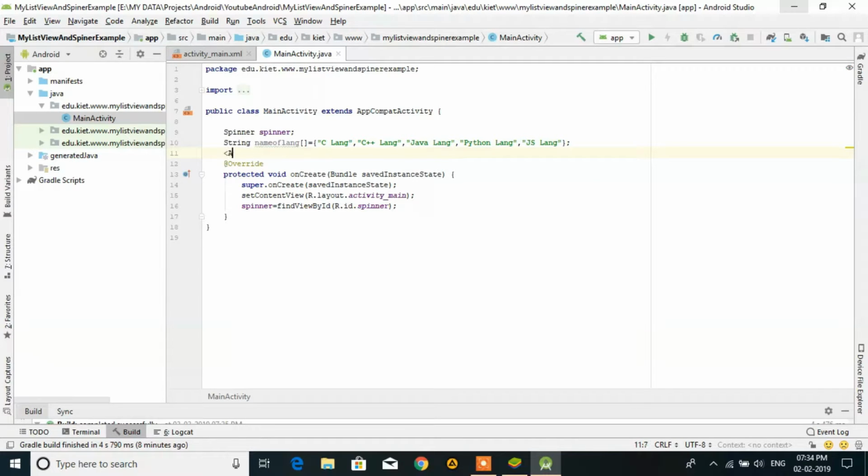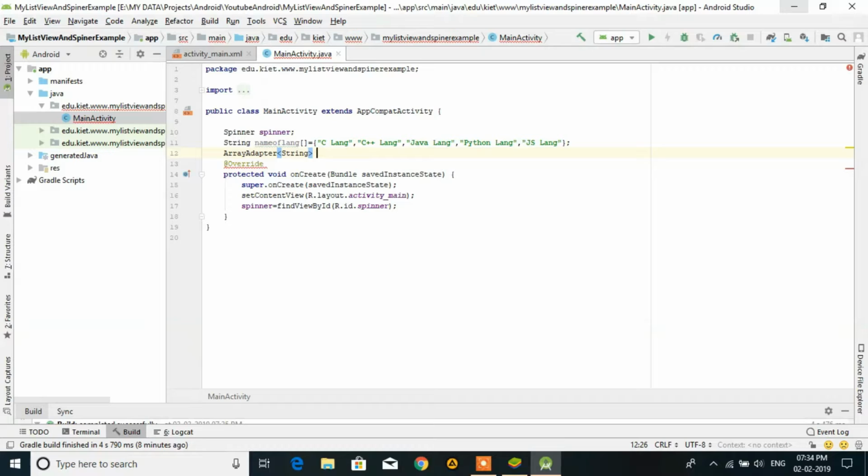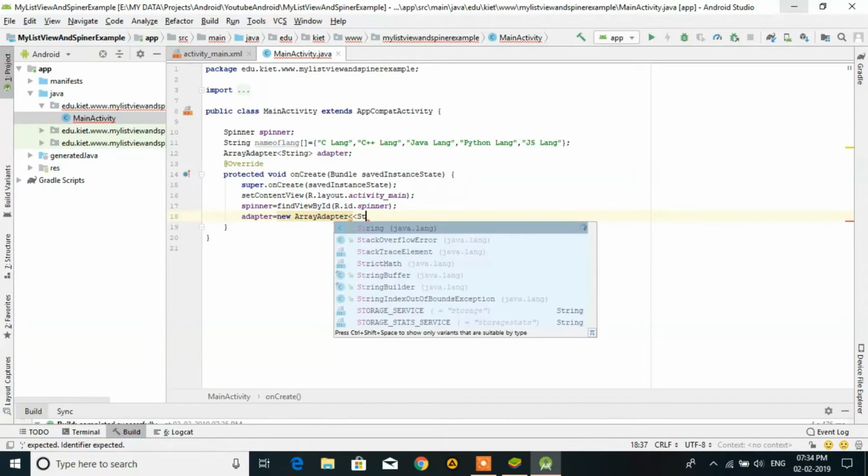Now we need an adapter also. So here we are using an ArrayAdapter, and here we are passing the type String. Because it's a generic class, we have to give the data type also. So we say adapter; any name you can give to the object. Now we are creating an object of ArrayAdapter, passing String here,